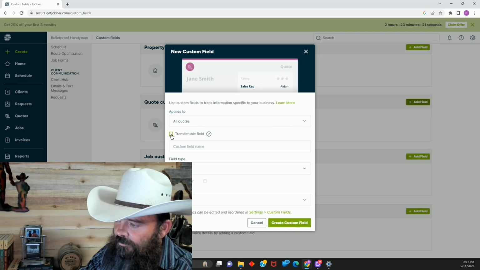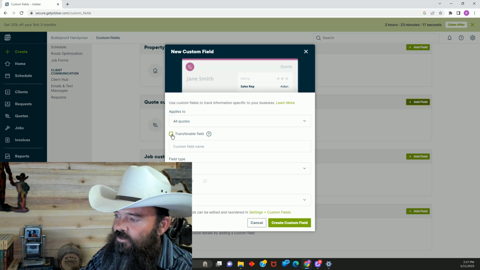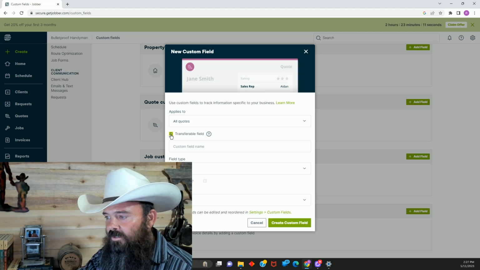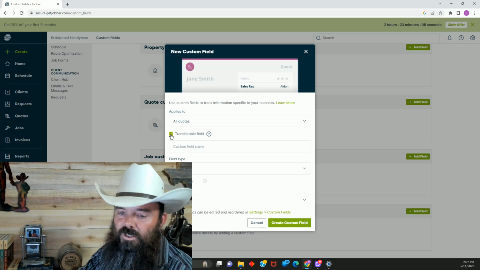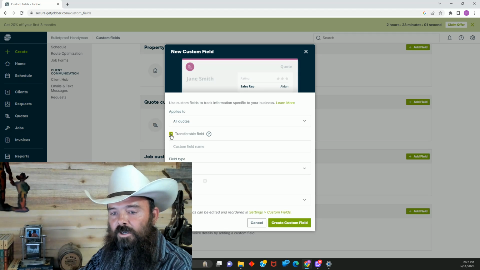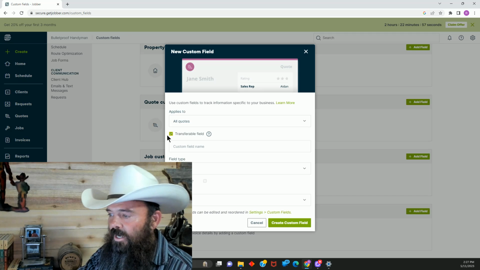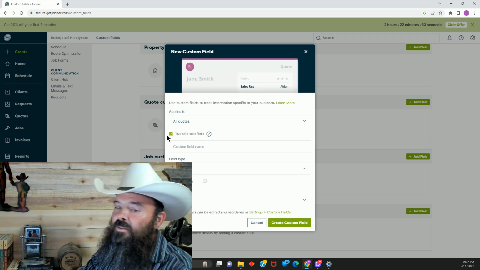Now here's the other very important thing I need y'all to pay attention to and not miss. This box that says transferable field. You want to click that. When you click transferable field, what that means is you're going to create the box on this quote, right? It's going to be a custom field that you're going to put the bill to information in. When you create that, if that quote gets converted into a job, because you clicked transferable field, you're going to have also on your job forms that same field, and then your invoice is going to